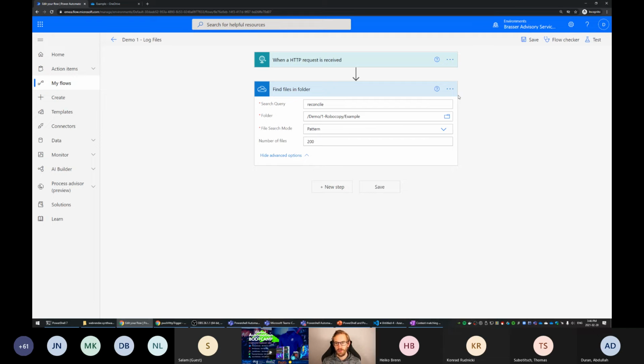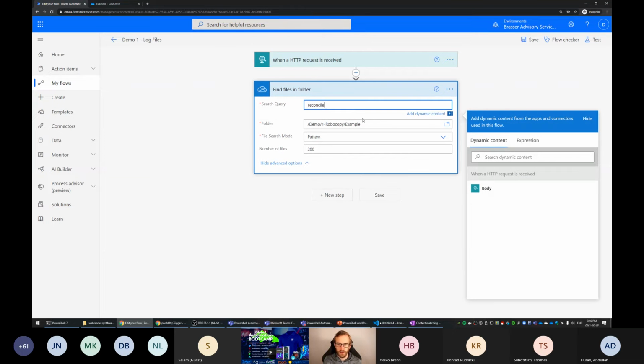You can try to do batches, but if there's nothing more specific than this query that you can give, maybe you can put a date time behind it, if that's included in the file name. But very quickly, 100 results is not that much. So that can bring you to the point where you have to use Azure Functions.